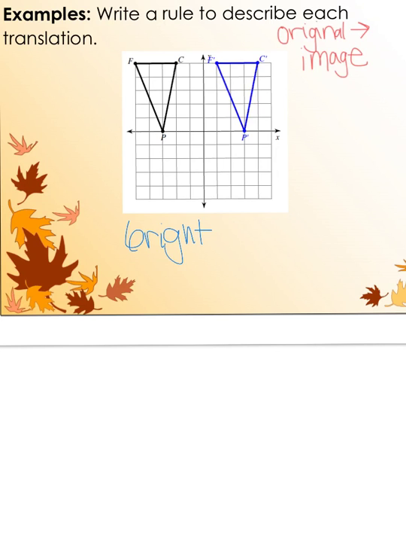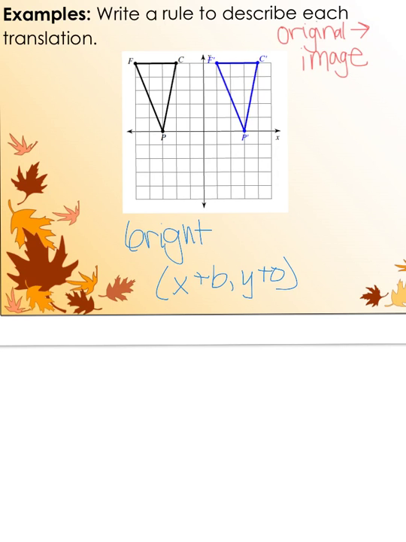We didn't go up or down at all, so we don't need to write anything for that. That is a rule, but the rule that we are going to be writing is in coordinate notation. So when we write our coordinates, we always put X first because we deal with X when we're naming a point. And because we went to the right, we're going to do a positive 6, comma, then we always address our Y value. We did not move up or down at all, so we're going to put plus 0 at